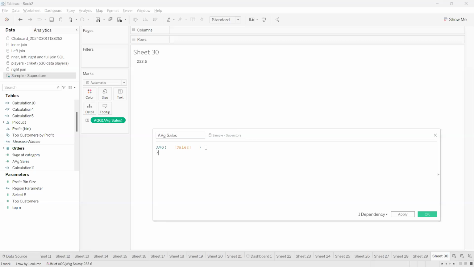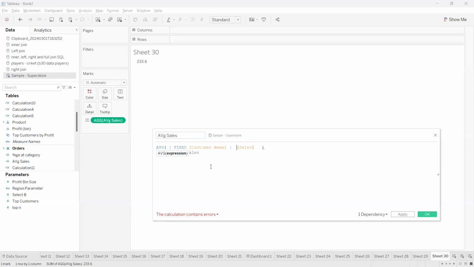But what is my requirement? I want to find out average sales at customer level. I want to say average customer sales. Like I can say simply like this, I want to find out the average customer sales. But you see, when I mention average customer sales, customer name I am not using in the sheet. But still, I want to find out the aggregation, like average, at customer level. So in this way, we have to identify that we have to use fixed LOD here. Fixed customer name,